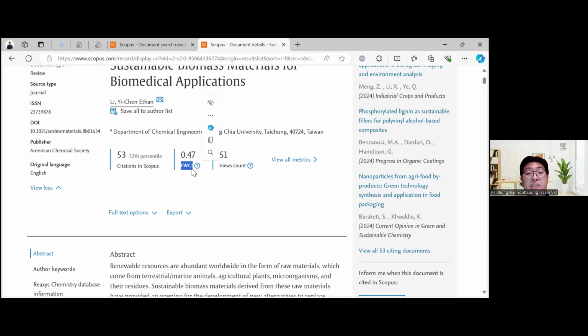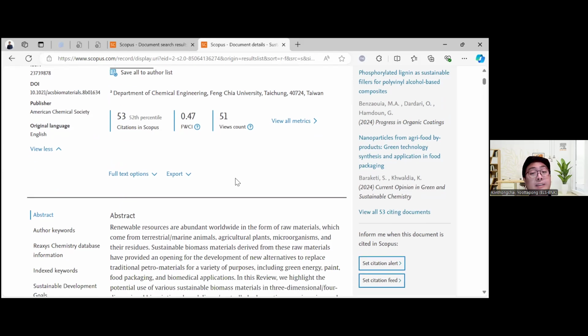If FWCI is equal to 1, it means that the citations of this article are equal to the average of the world citations. I mean, if this FWCI is equal to 1, it means that this article is of good quality when we compare with the world average. Yeah, for example,